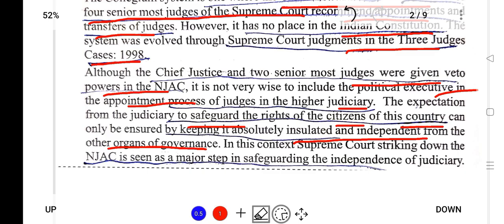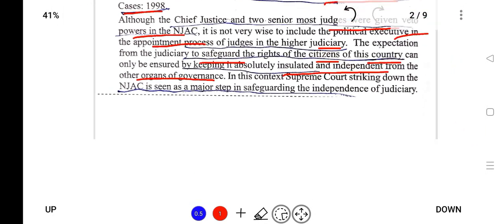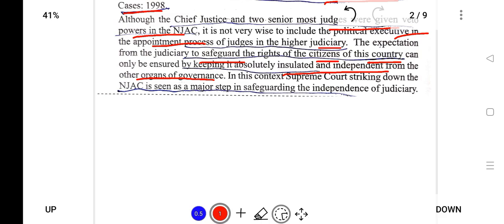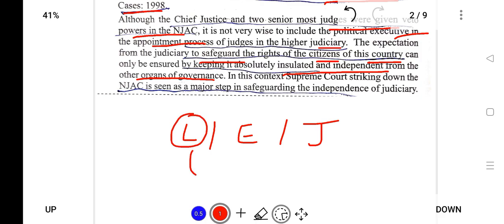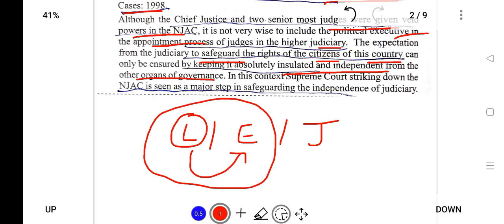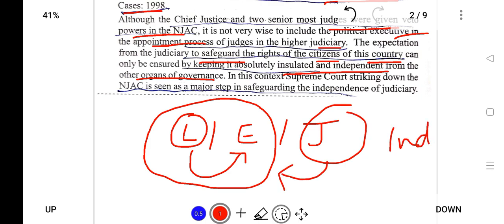Because in India, if you look at the separation of power, there is legislative, executive, and judiciary. However, the legislators, that is the members of Lok Sabha and Rajya Sabha, become members of the executive. This is more or less an integration of two organs of the government. That is, the judiciary is left behind as an independent body which needs to check the powers of the legislative